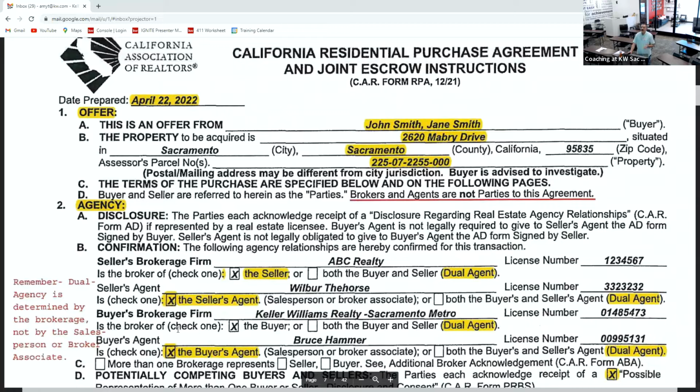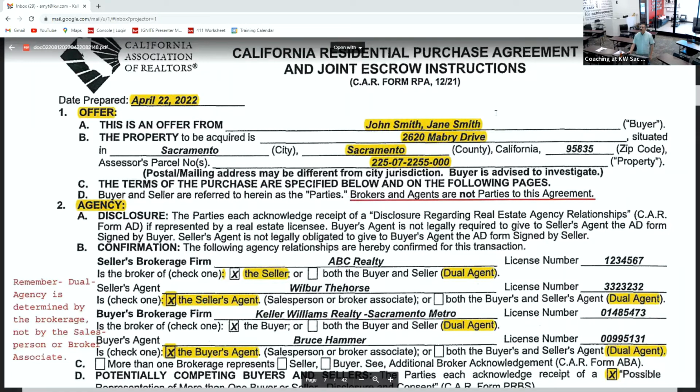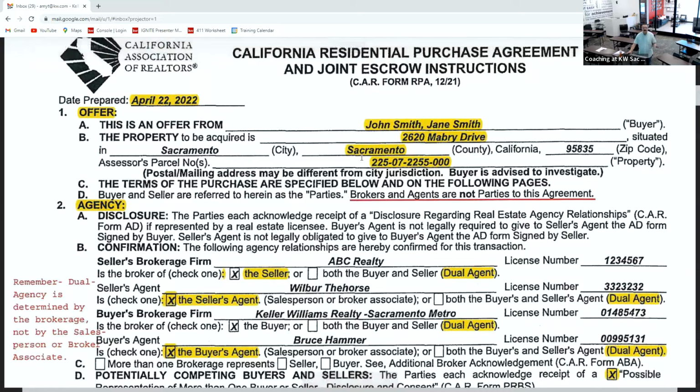So you have to have sufficient terms to make a contract. Those terms require the person making the offer, property address, so you can identify the subject of the contract. It has to be dated, there has to be an amount, and there has to be consideration. In this case, the consideration would be covered by the earnest money deposit. So once you have all those items here, and I would highly suggest, actually, more than I'm certain, you really want to try to put the assessor's parcel number,